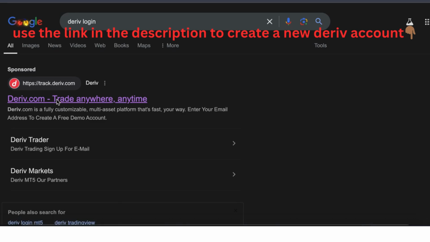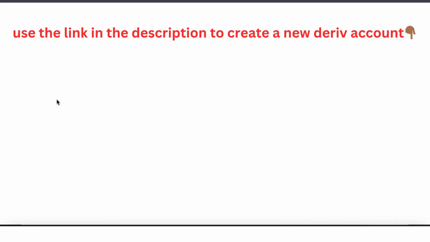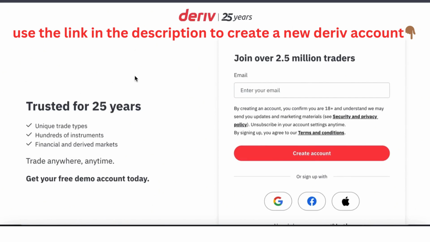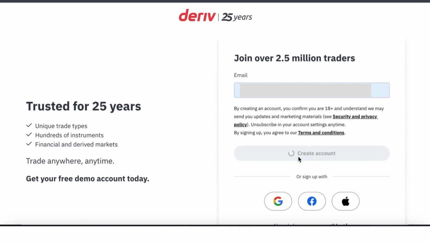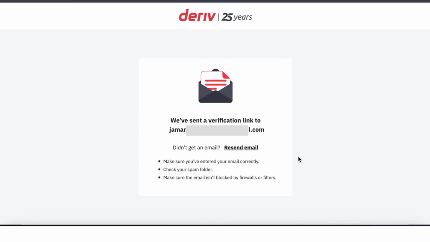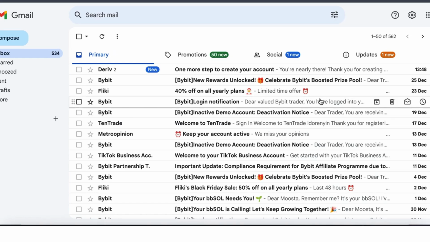The official link would take us to the home page of the website. So we'll come here, we'll fill in our mail. After filling our mail, we'll click on create account. This interface shows us that they've sent a link to our mail that we use to create the account. So what we're going to do is get to the mail and we're going to click